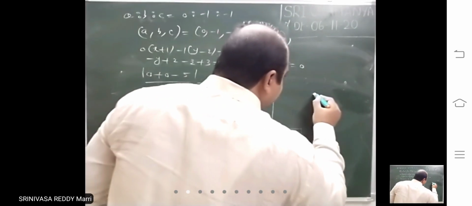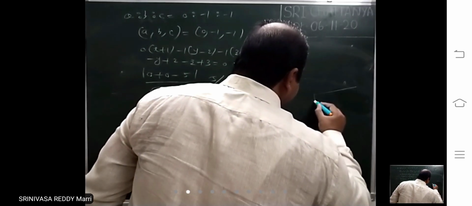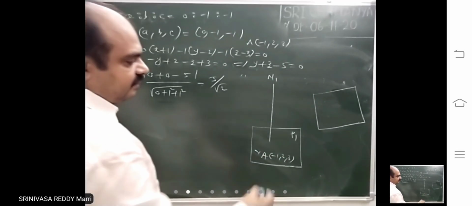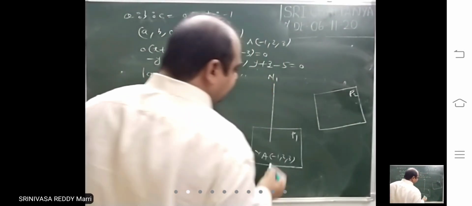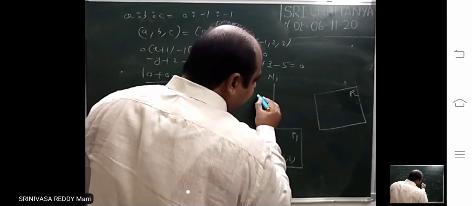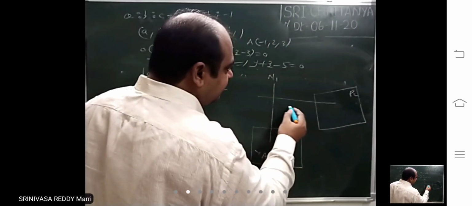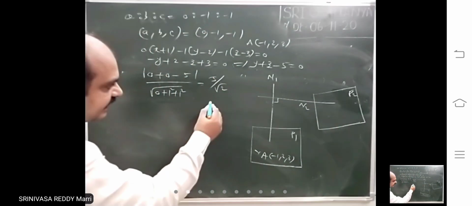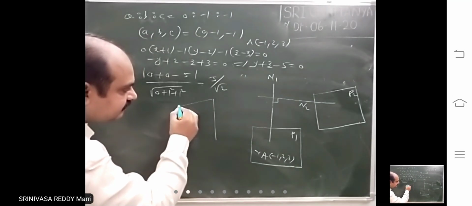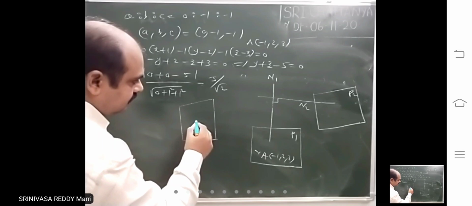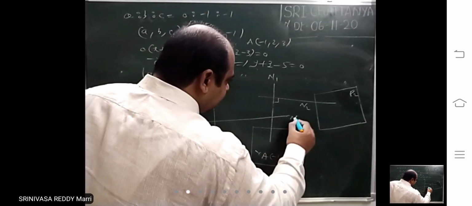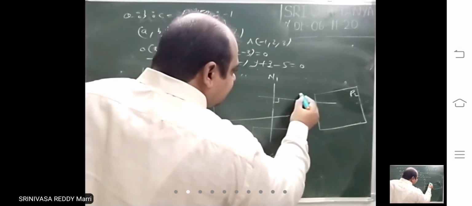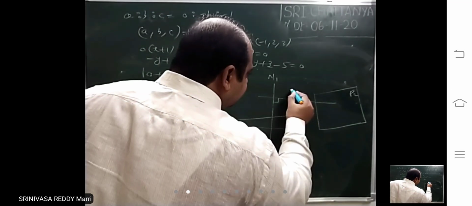Now look at, there is another plane P2 I am drawing. There is another plane P2 like this. So plane 1, plane 2 are perpendicular. I am drawing normal to this, N2. So this is N2. This is perpendicular, and another plane like this is there, plane 3. Normal I am drawing, N3. Now look at, along this normal, what is the vector there? You write.